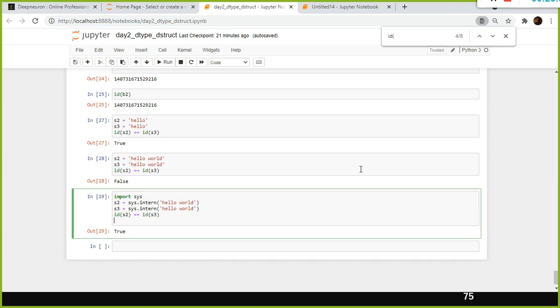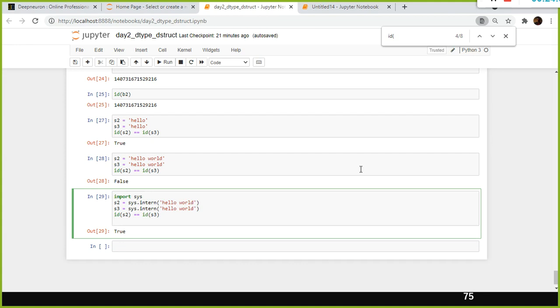So what else can we see? Anyhow, we have other operators, logical operators we discussed: and, or, not. These are your logical operators, and the comparison operator also we discussed.